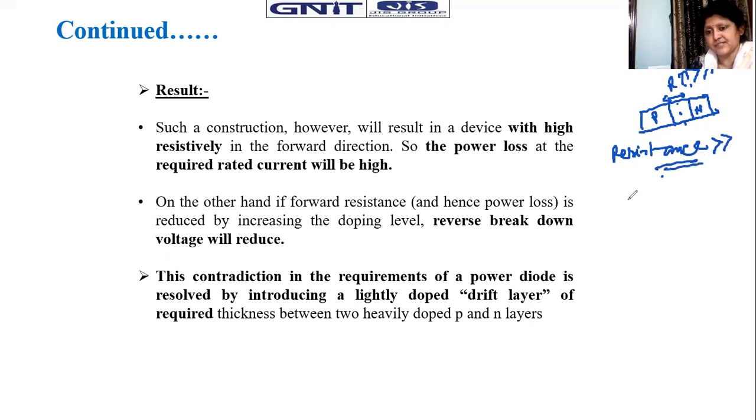If the resistance is very high, then what happens? The I squared R loss, that means the power loss component, is also high, right? On the other hand, the forward resistance will be reduced by increasing the doping level. So forward resistance we can decrease by an amount if we increase the doping level, but reverse breakdown